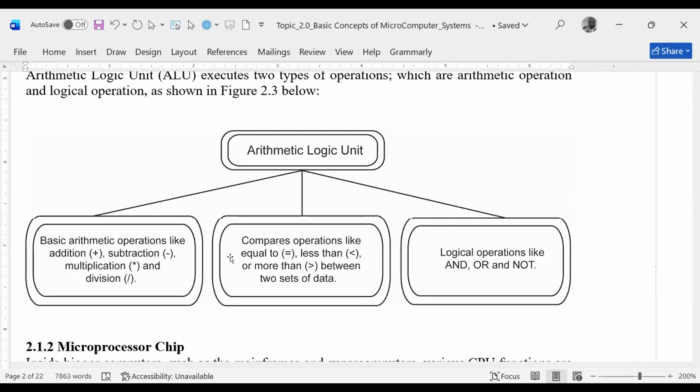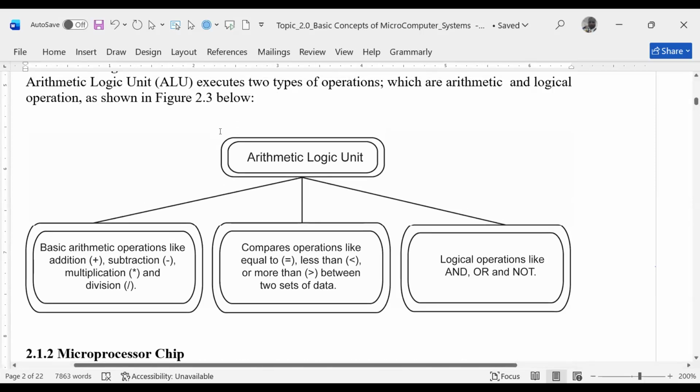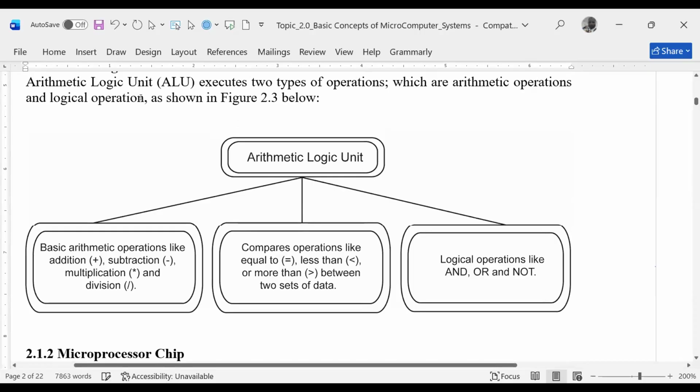Then the last one here is logical operations, such as and, or, if not this, or this and that. Such logical operations are done by the ALU. So ALU performs these logical operations and arithmetic operations